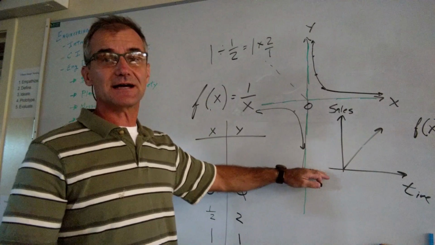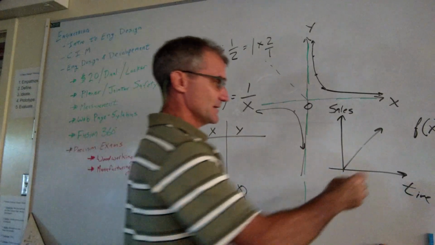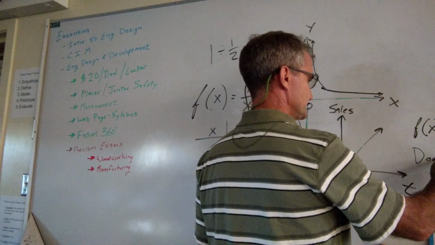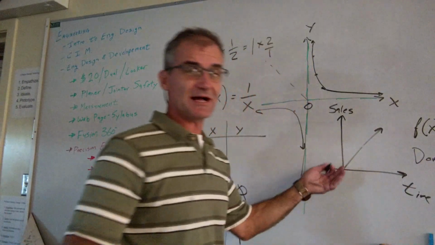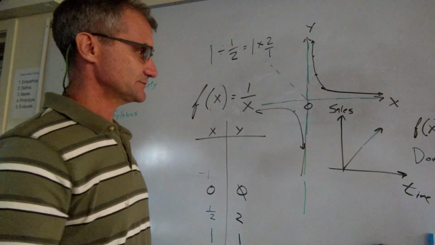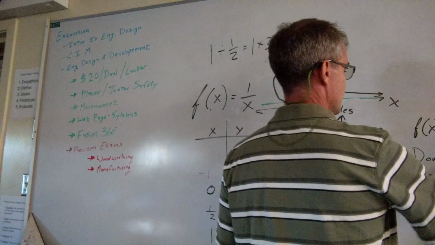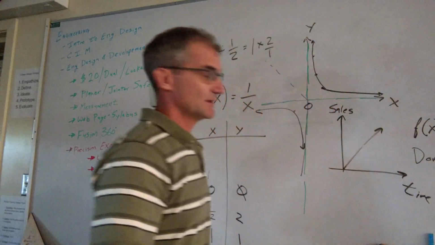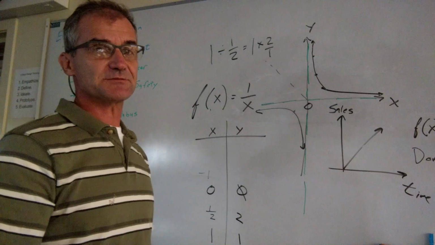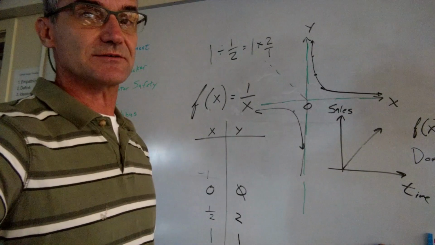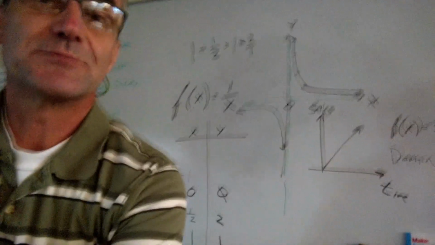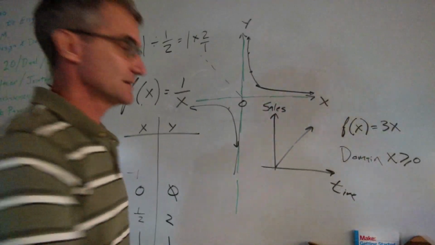And I have actual values I can place in here, right? I can't go back in time. I can't have negative time. So my domain, the possible values of x, is x is greater than or equal to 0. And my range, which is possible values of y, move that over a little bit, which is my possible values of y. So my range,